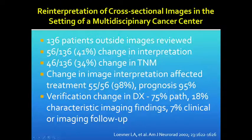interpretations. What we found was that 56 of 136 patients, or 41%, had a change in interpretation. 46 of the 136, 34%, had a change in TNM. And of the image interpretations, treatment was affected in 55 of the 56, or 98%, and prognosis in 95%. It's important to note that the change in diagnosis, the verification, was done pathologically in 75% of patients. In 18% of patients, it was based on characteristic imaging findings, and in 7% of patients, it was confirmed through